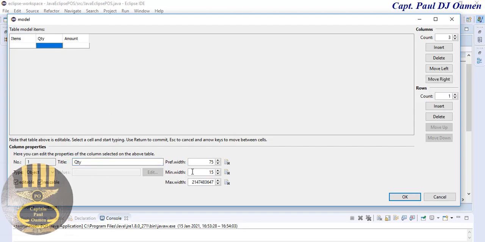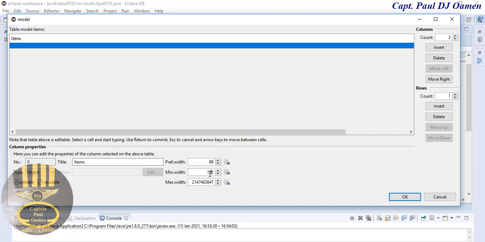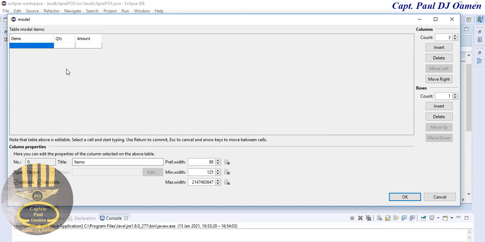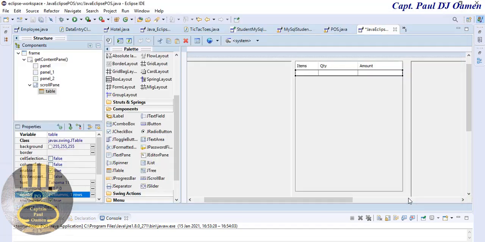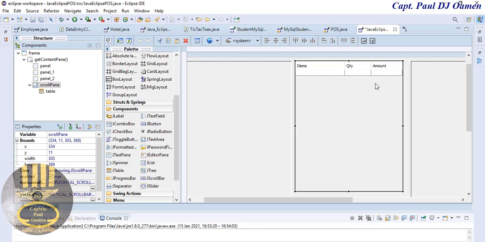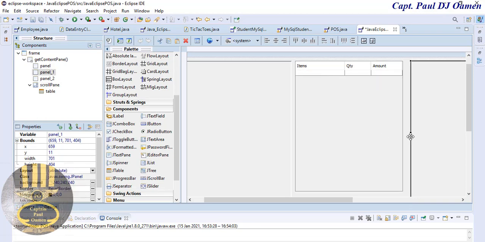Okay, that's for the quantity. Let's just reduce the quantity to about maybe 60, because we only need 1 in there. And these we can, yeah, increase a little bit more, make that about maybe 120. Okay, that's fine, that's much better. And this one, okay, that's fine. Click on OK. Right, that is fine. Okay,